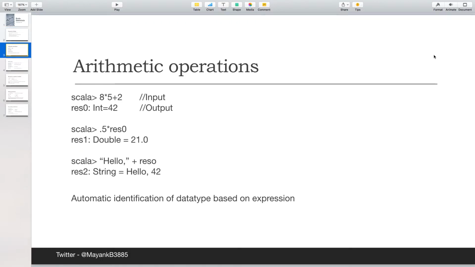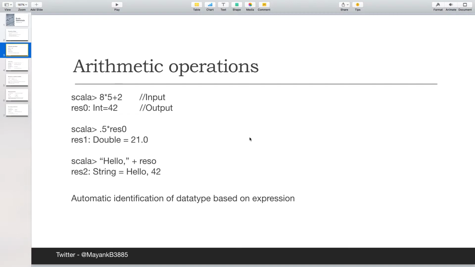These are some basic arithmetic operations that Scala can do. So you can use it as a calculator. The main advantage here is that you don't need to specify the data type. The result is automatically stored in a variable, and as you can see over here, we're using the result of this calculation, and it automatically identifies what the data type is.